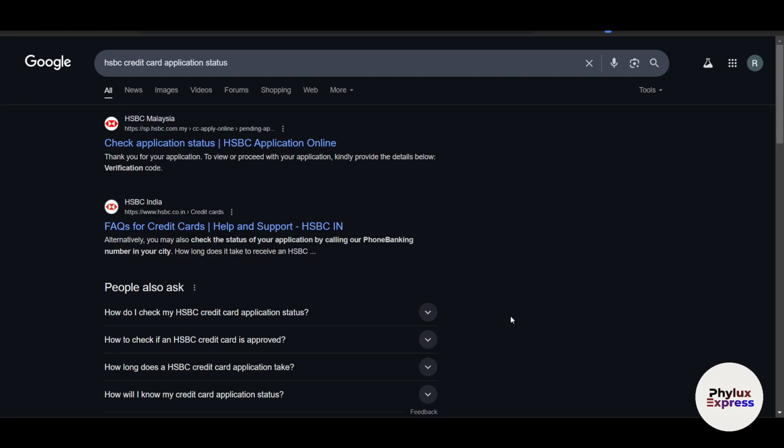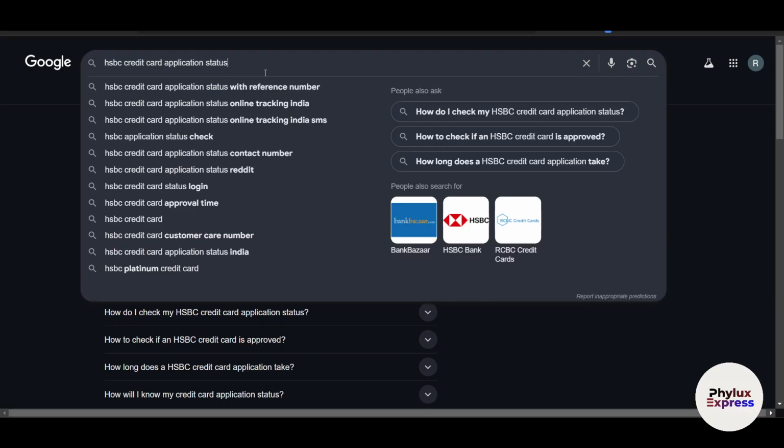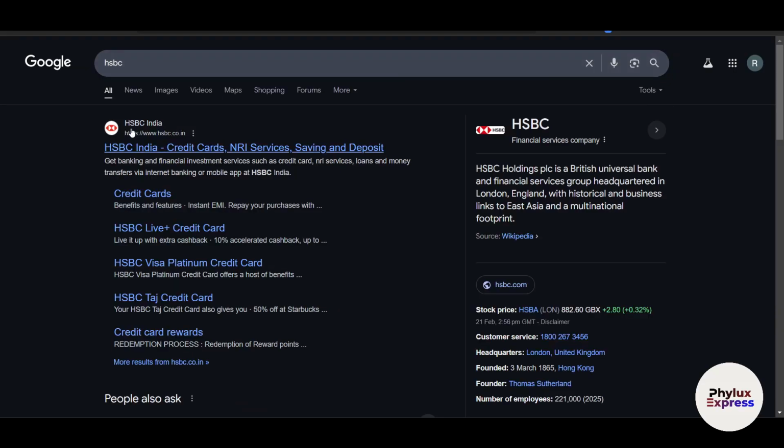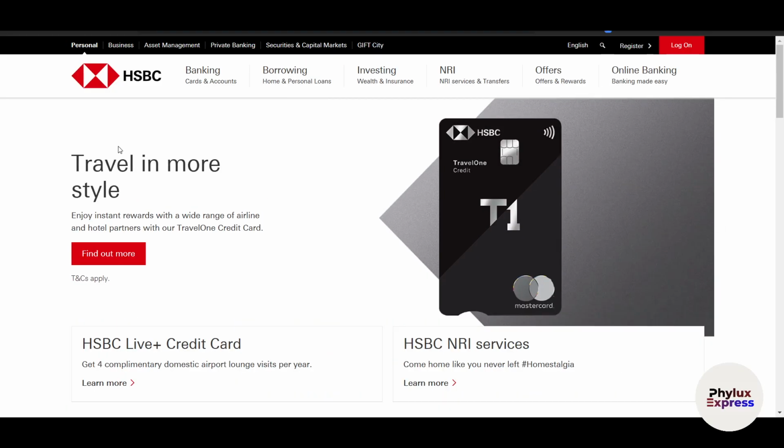How to check HSBC credit card application status. So first of all, you have to just go to the official HSBC website. Just go to Google and search for HSBC. Right now, once you are on HSBC, whichever country you're logging in from, for example HSBC USA, HSBC India, etc.,